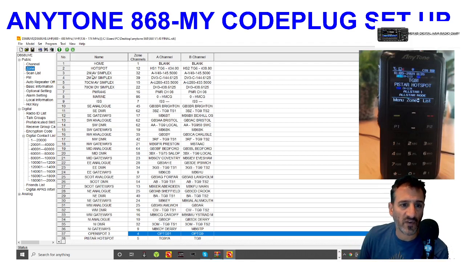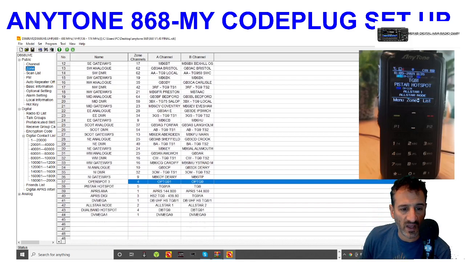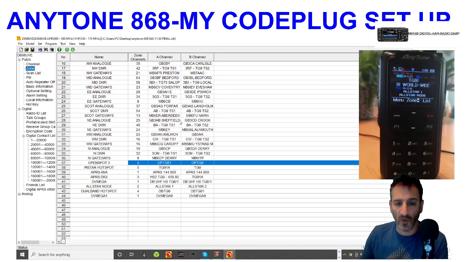So they've got some default stuff here for hotspot, but I always end up adding my own, and a lot of this stuff will be quite useful as you're going up and down the country. But as I'm in the southwest UK, I create my own zones. So the 4 or 5 zones that I've created are, I've got my Pi-Star Jumbo Hotspot, and I tend to put in that,